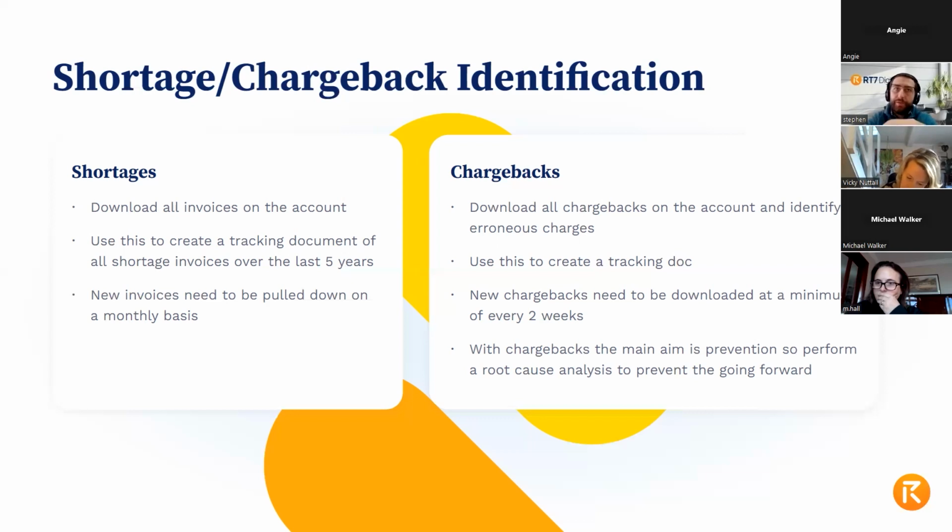And with both of these, there are options to dispute, which I'll get into, the actual how you dispute it, in a second as we go through this. But with that chargeback piece, it's more of a continuous watching and prevention piece. And with chargebacks especially, but with everything, it's a root cause analysis. What has caused this to happen? And there are things, even with shortages, that you can do to try and prevent, not so much prevent, but